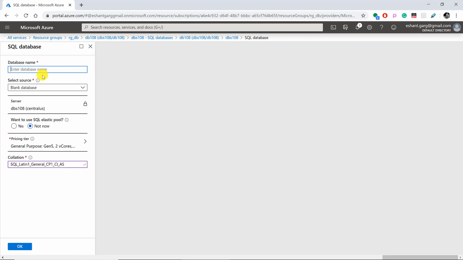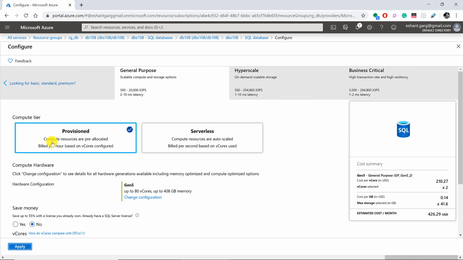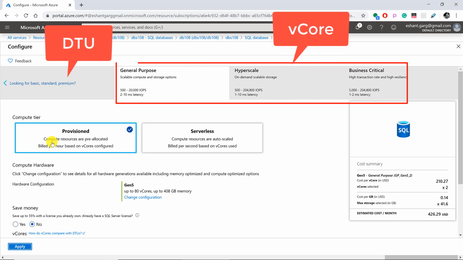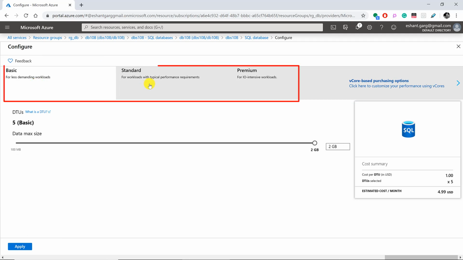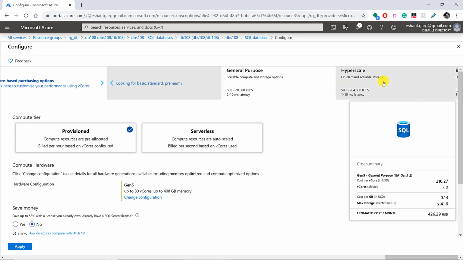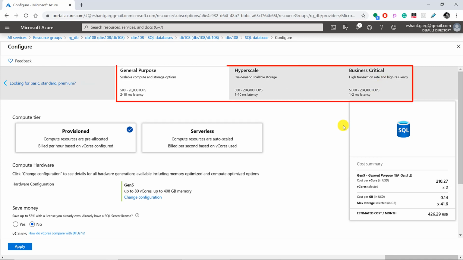And here we can choose the database name and then source. Let's choose a blank database server, elastic pool setting, and finally we have to choose here the pricing tier. This is what we are going to discuss in this lecture. So if I click on pricing tier, we have two purchasing model, DTU and VCore based model. Within the DTU, there are three tiers: basic, standard, and premium. And if we switch to the VCore based purchasing options, we also have three service tiers options: general purpose, hyperscale,